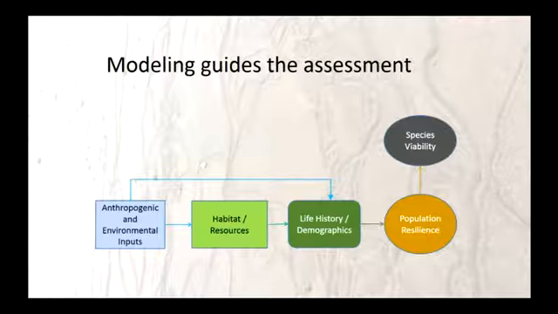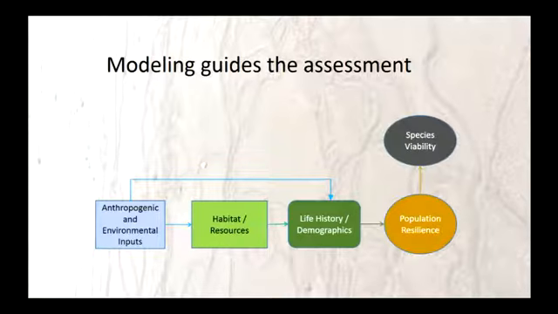Part of that training and part of that work is trying to get people more comfortable with modeling. Because in order to make these future predictions about the species status, we have to have some sort of a predictive tool. A prediction requires a prediction. And so we try to encourage them to think about what we call the core conceptual model. And it's a generic way of thinking about species viability and how, in order to have viable species, we have to have resilient populations. That population resiliency is a function of their life history and their demographics, which is a function of their habitat and their environment. So that's the basic core conceptual model.